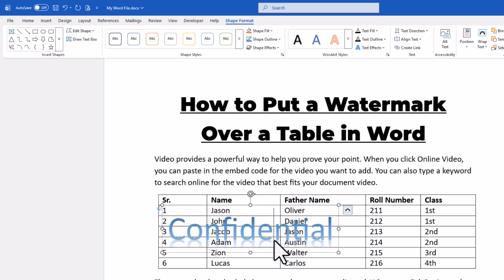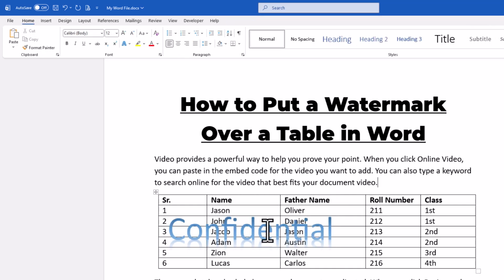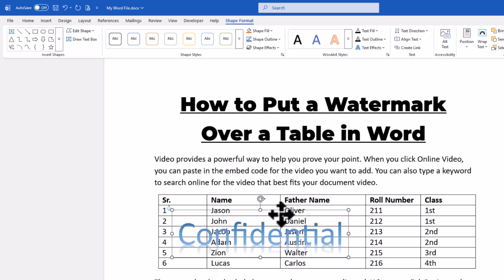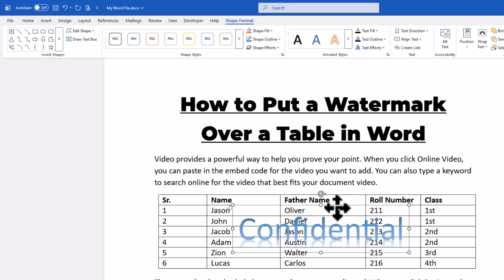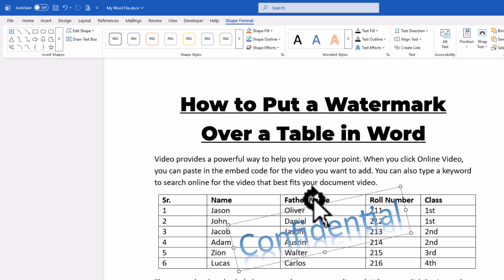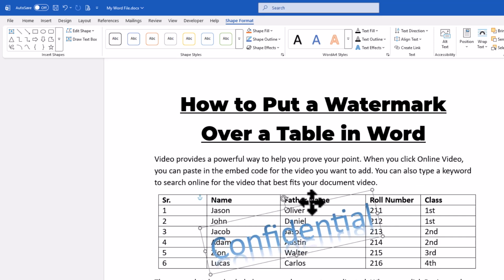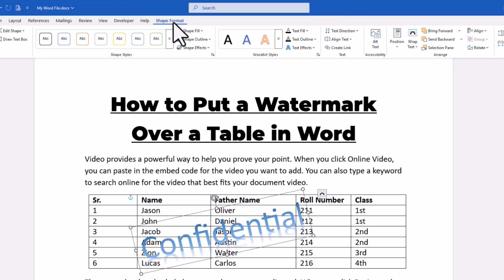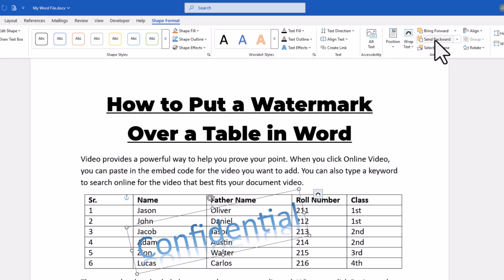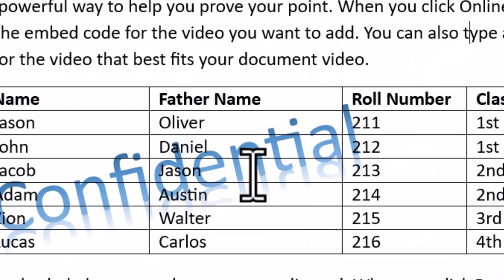Click outside the WordArt, then simply drag it and drop it over your table and position it exactly where you want it. You can resize it or rotate it if needed until it looks perfect. Next, with the WordArt selected, open the Shape Format tab. Click the small arrow next to Send Backward and choose Send Behind Text so the table text appears on top